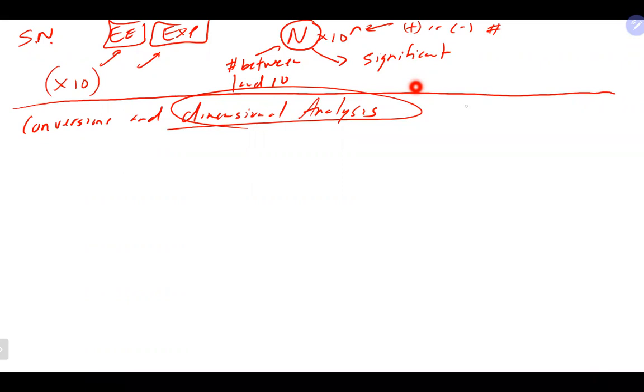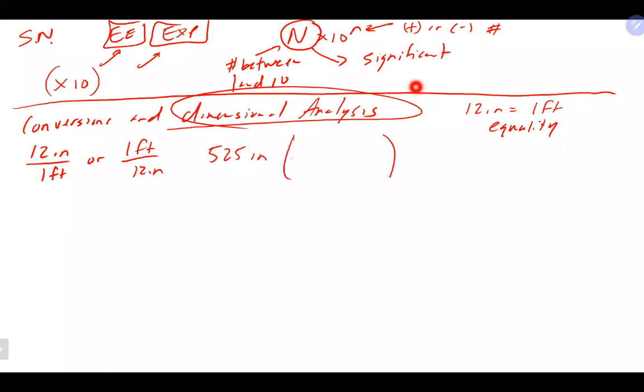Remember, from any equality like 12 inches equals 1 foot, this is what's referred to as an equality. You could write two conversion factors like 12 inches over 1 foot or 1 foot over 12 inches. And we use these to do problems. So if we had 525 inches and we want to know how many feet that was, we would write it something like this, 525